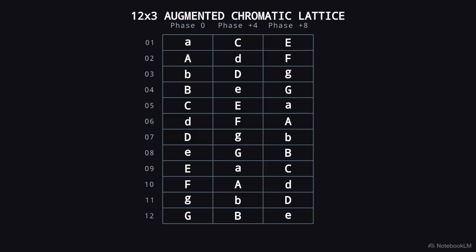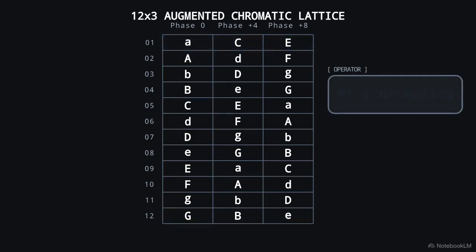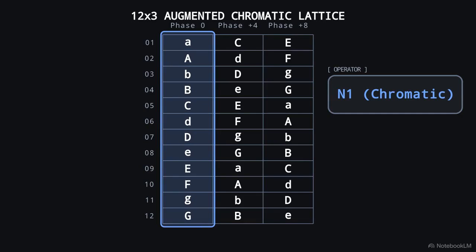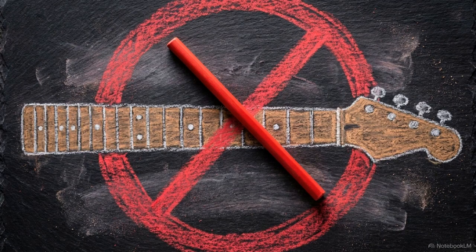Reading across any row yields the N4 augmented sequence. Reading down any column traces the N1 chromatic progression. The N6 tritone transfer appears here as a diagonal displacement. Tracing the map from A to D requires moving over 1 column, dropping down 2 chromatic rows, and wrapping at the column boundary. This abstract diagonal path must not be conflated with the physical over 1, up 1 fretboard motion